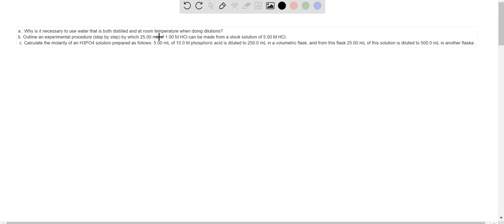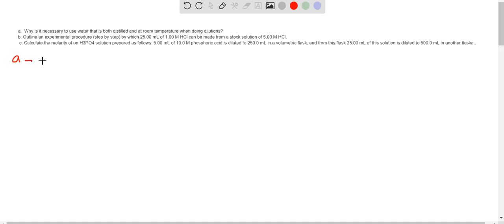Part A of the question is: why is it necessary to use water that is both distilled and at room temperature when doing dilutions? It is necessary to use distilled water that is at room temperature when doing dilutions